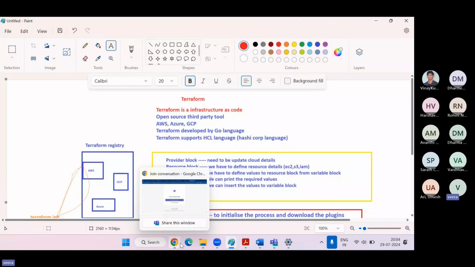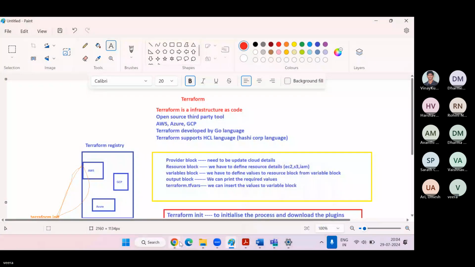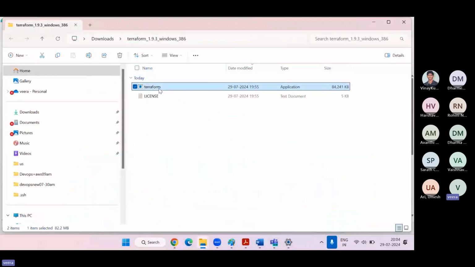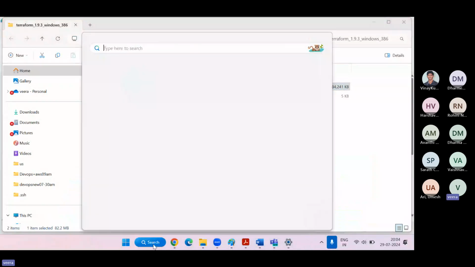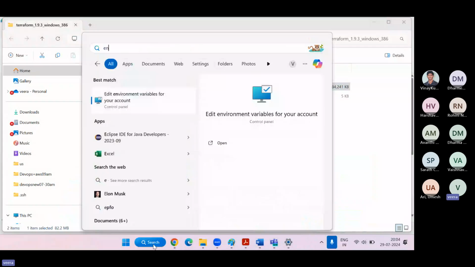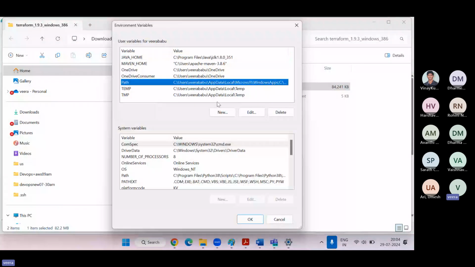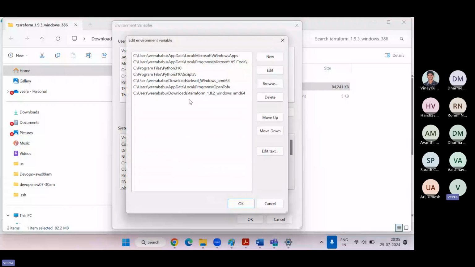I will show the process here, the Terraform download. From here, you have to take a path. After clicking here, you can take a path. So downloads, Terraform 1.9.3, and go to env variables from the control panel and click on path, edit, and now new, and Ctrl+V.